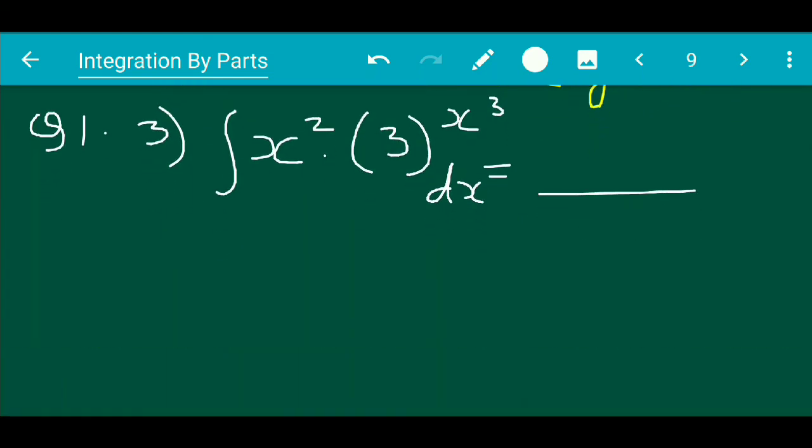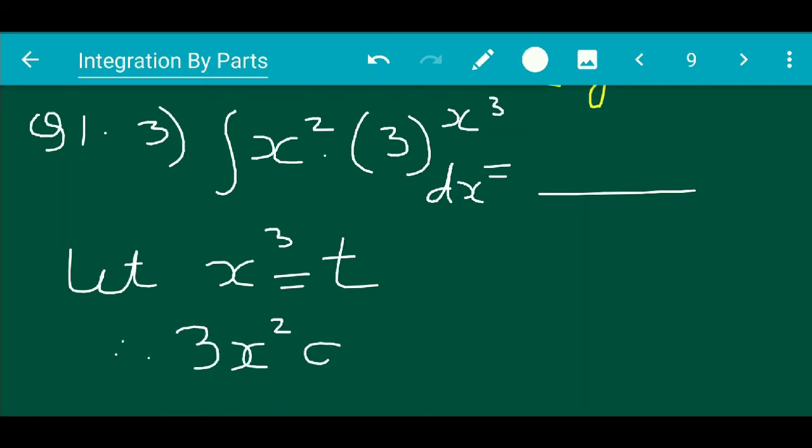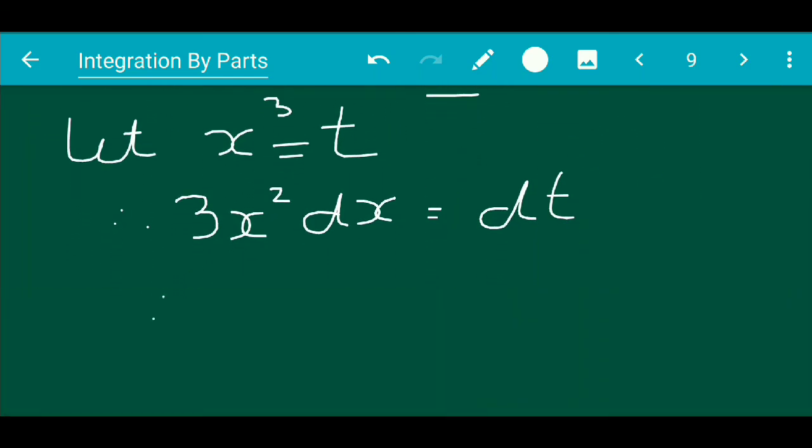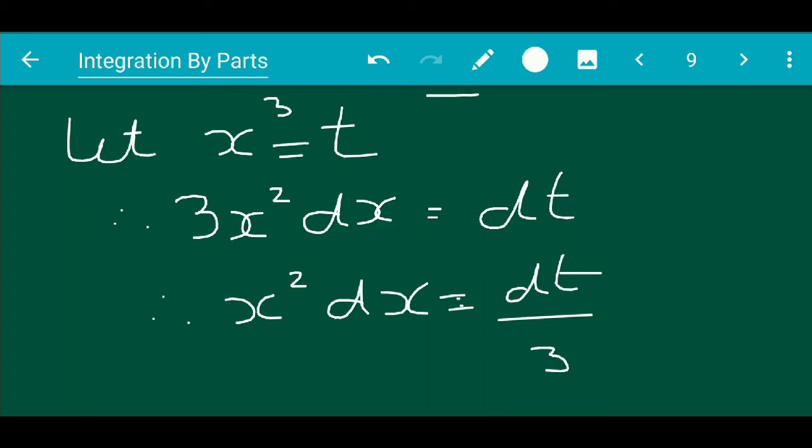So obviously it has to be done by substitution, as you can see over here. So we write over here, let, now 3 raised to x cube is given to us. So we write over here, let x cube is equal to t. Upon differentiation, we get 3x square dx is equal to dt, and thus in the question there is x square dx term. Okay, as I've underlined, you must have seen it, it is x square dx term. So therefore we get x square dx is equal to dt by 3. X square dx becomes dt by 3.